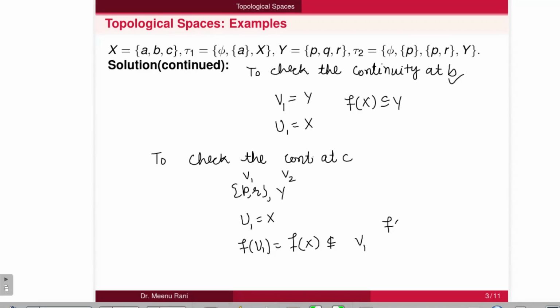Although F of X is contained in V2, that is Y, it is not contained in V1. It should be true for all open sets in Y containing F of C. So F is not continuous at point C, and we can't say that F is continuous at set X. So F is not continuous at set X.